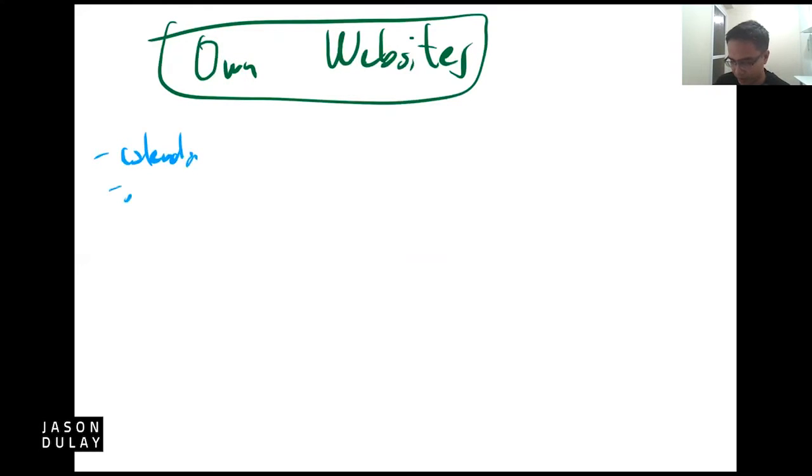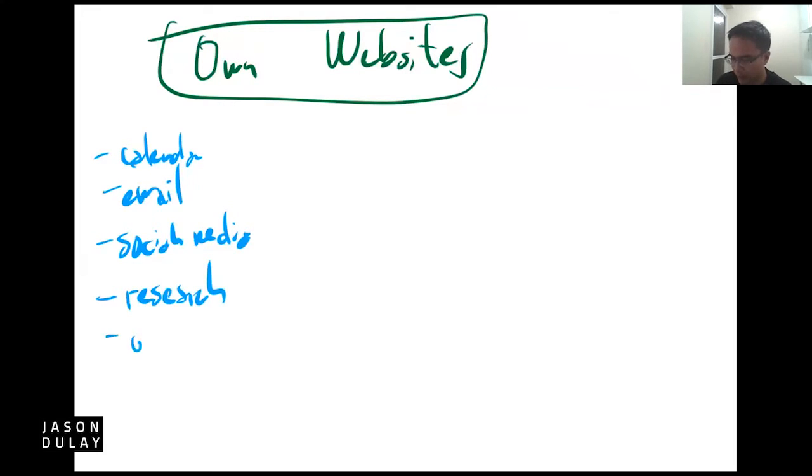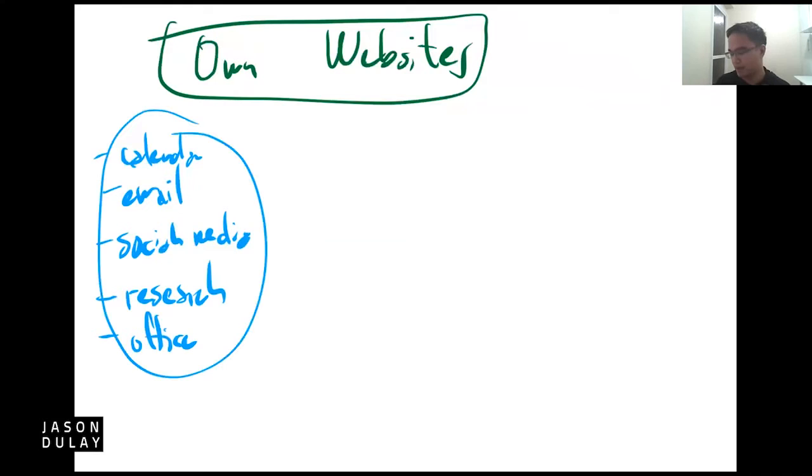Calendar, email, social media. These are skills that you have to have if you want to be a VA. The Google Calendar, email or Gmail, social media. We have research skills. We have office applications like Microsoft Office or Google Office and so on. So these are all basic skills of a VA. But if you want to be an e-commerce VA,